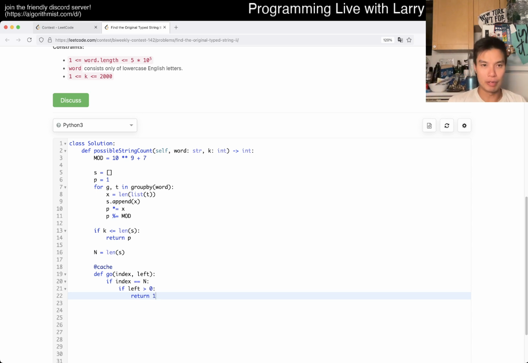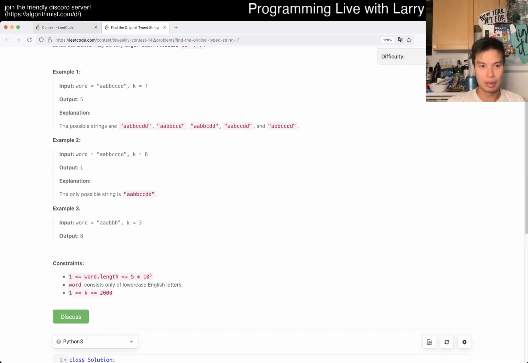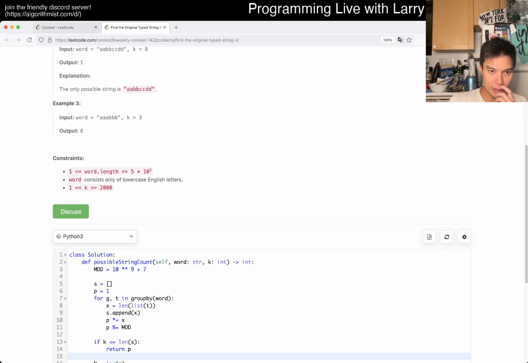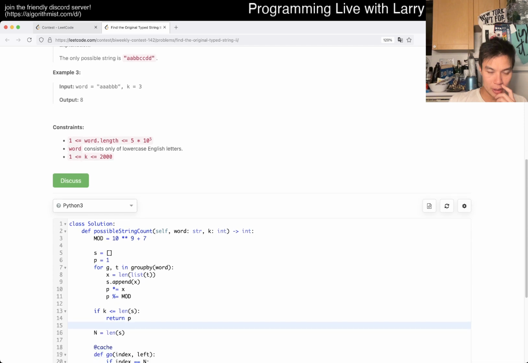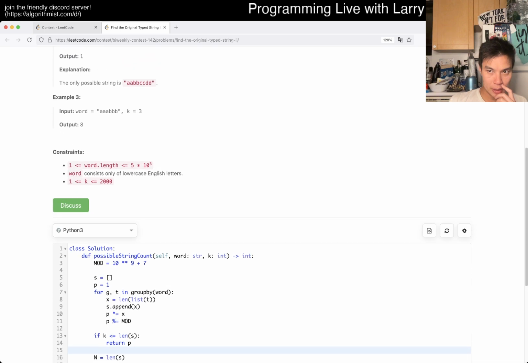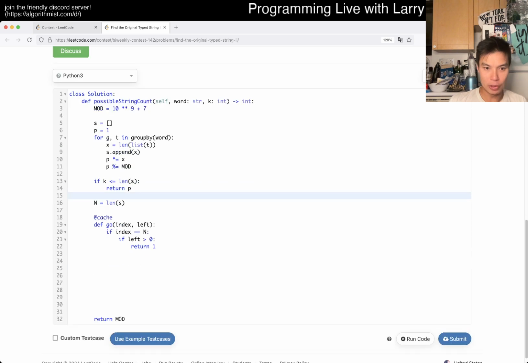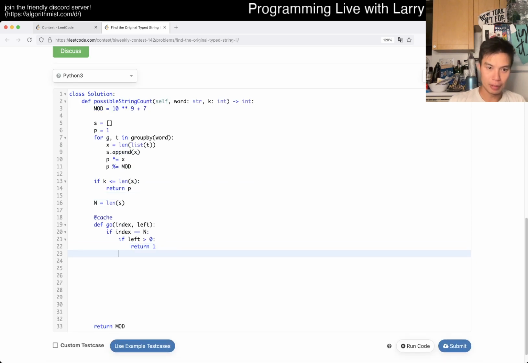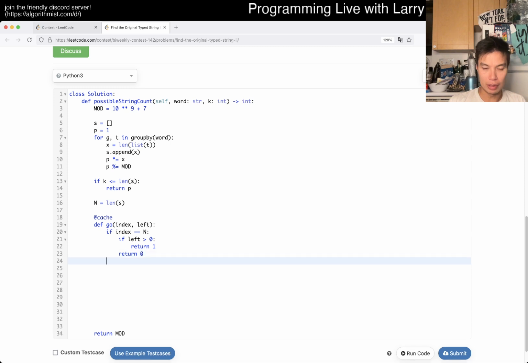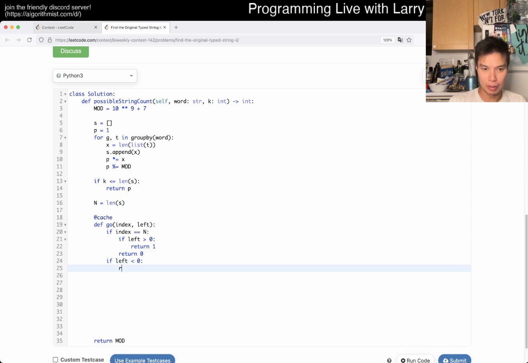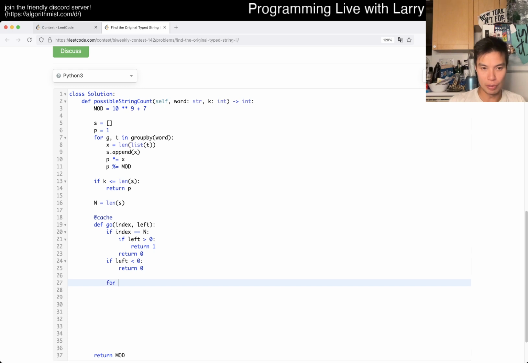Okay, let's use real things. That's how I need to do it. So let's say k is 3. We get to the end, so k is 1. That means it's too short to that. Okay. Otherwise, we return 0, and then also left is. Okay, and then now we just do 4.